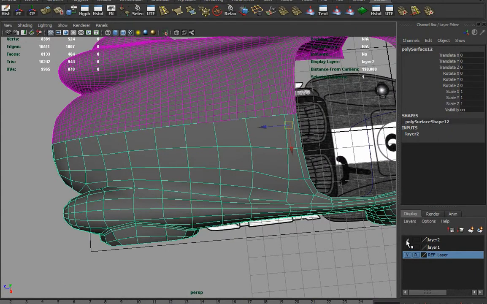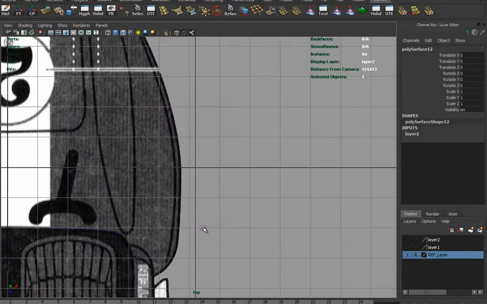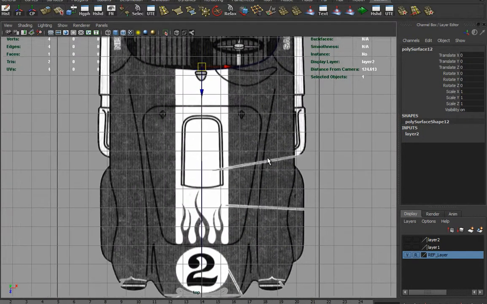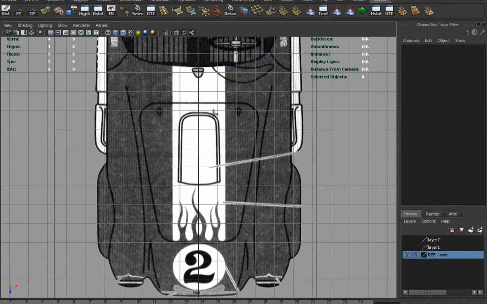Do these things on a layer? They are! Oh, how handy. Okay, I'm going to go here to the top view. And if I go in and I get my Create EP Curve tool,